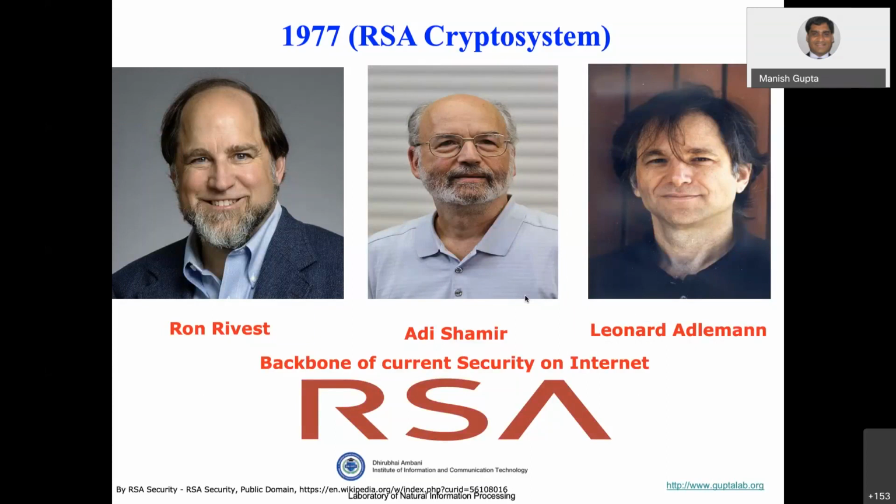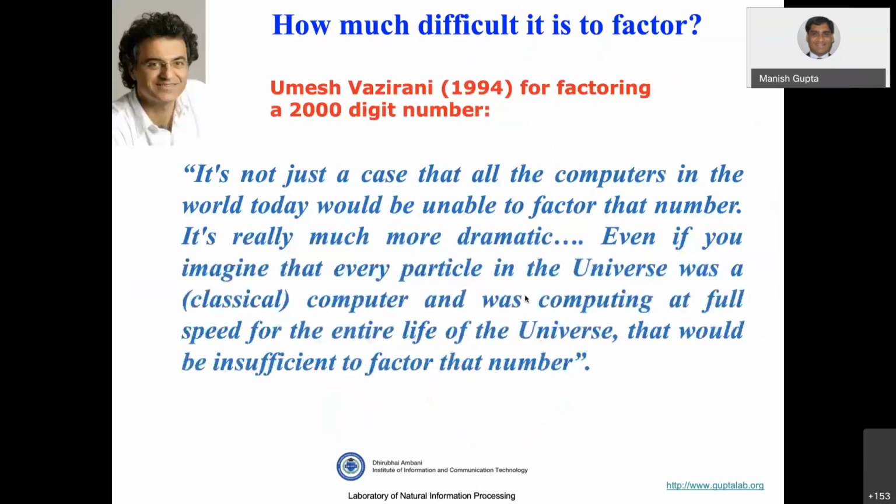I'm going to explain how the RSA crypto system works, and in reality I will show you on a bank website how things are there. It was done in 1977, and it is based on the fact that integer factorization is a very difficult problem. What do I mean by that? If I have a 2000 digit number, how difficult is it to factor that number?